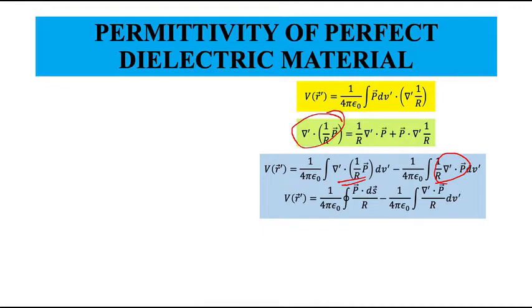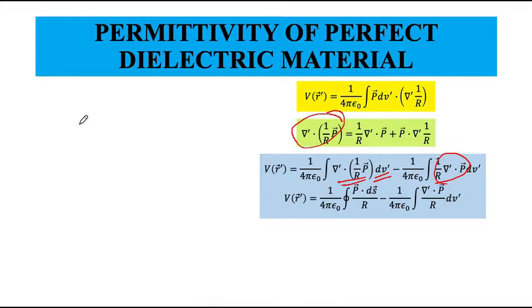Now I will use some more theorems. The volume integral is actually over the dielectric, that you should keep in mind. Now from here we apply a couple of other theorems. I know how to apply the Gauss divergence theorem, so that I can convert this del dot integral into a surface integral, right? So I will apply the divergence theorem.